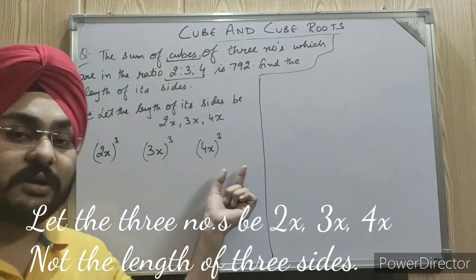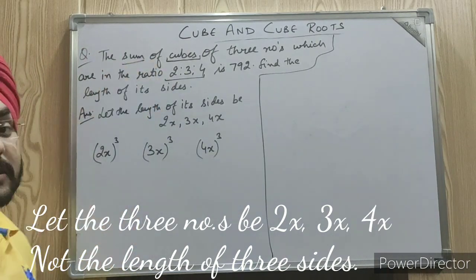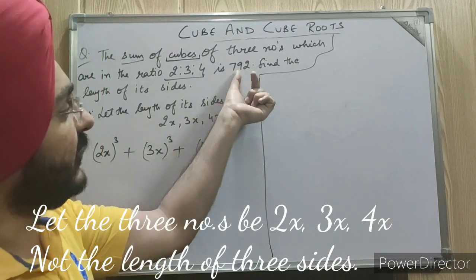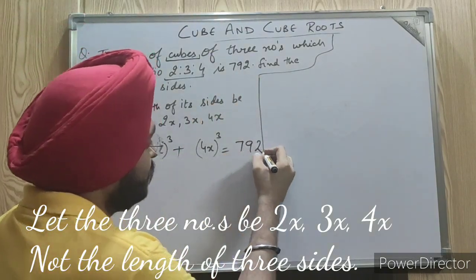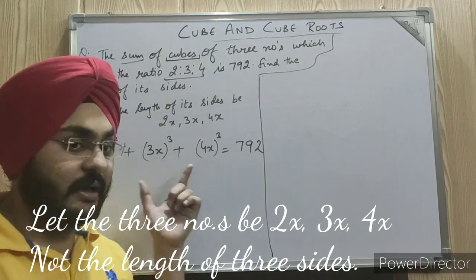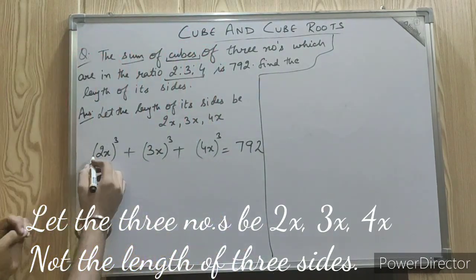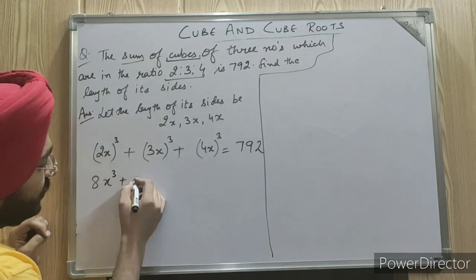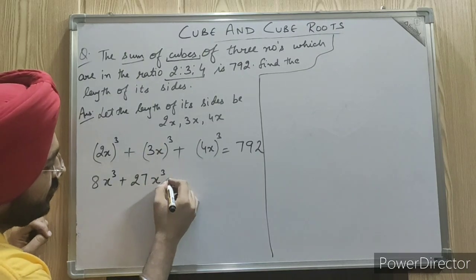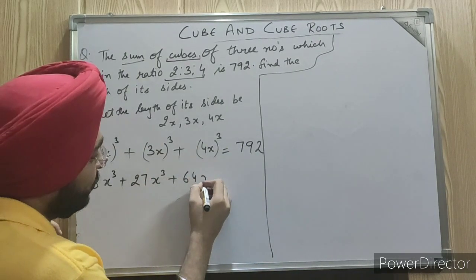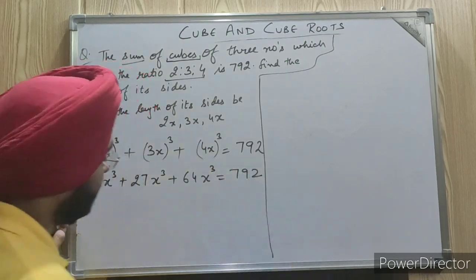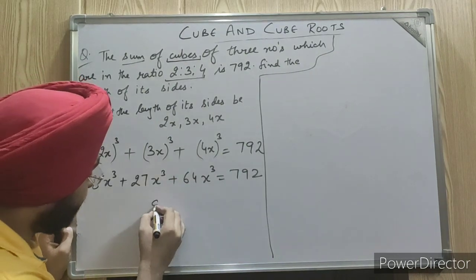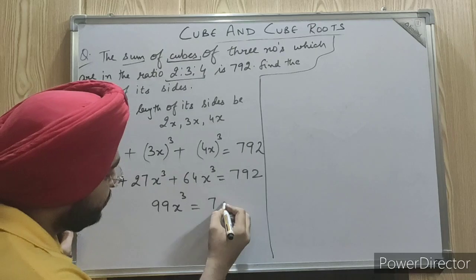Okay, so I've written the cubes of all the three numbers. He's saying we are having the sum of these numbers, so I'll have to add these three numbers. And on adding, the sum we have been given as 792, so I'll be equating this to 792. So from solving here, I will be finding the value of x. So now, what's the cube of 2? 8x cube. What's the cube of 3? 27x cube. Plus, what's the cube of 4? 64x cube, equals 792. So on adding, what will we get here? 27 plus 8, 35, 35 plus 64, that will be 99x cube.